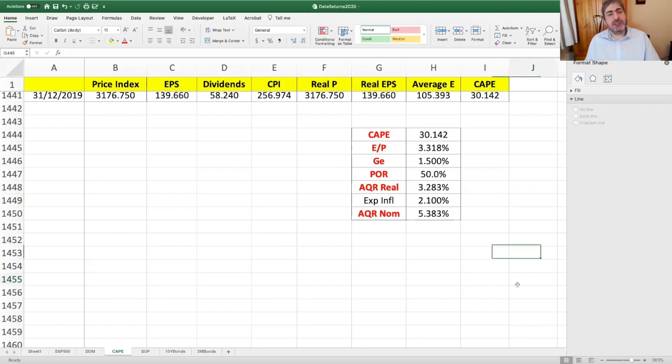Now, it's also very important to remember that CAPE is used in itself a lot as a way to judge the valuation of the market. Now, for the people that are a bit upset because this formula looks a bit complicated,